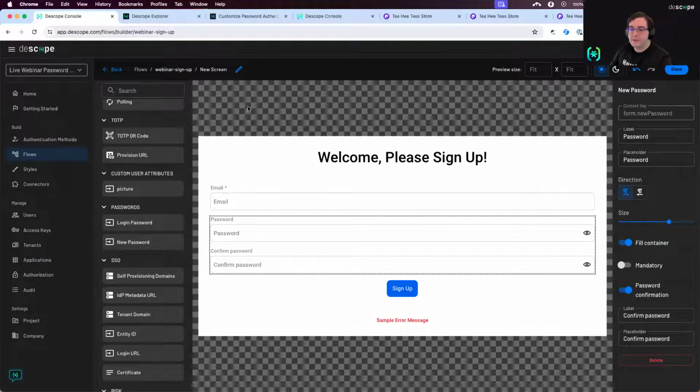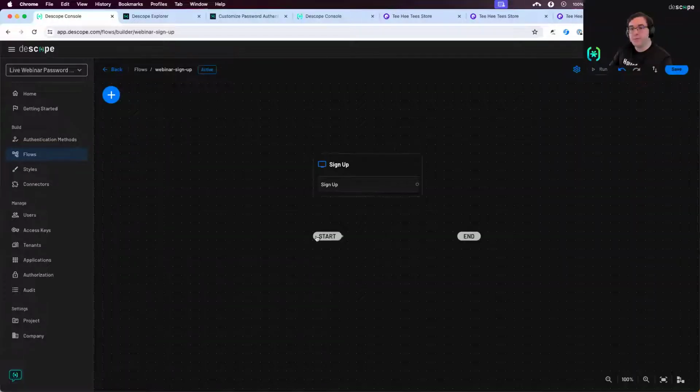Once we've done all of that, we can just rename the screen so it's easy to follow along with and know what it does. And we can just call this sign up and click done. And then we'll have this sign up screen. So with that, we've already built the basic element and first thing the user will interact with and see when they